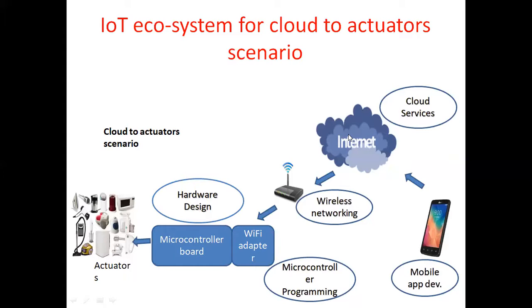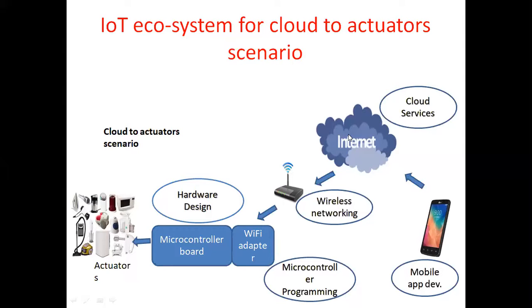Suppose I have connected a temperature sensor, light sensor, gas sensor, or fire sensor. So many sensors. I have sent the data to the cloud, and from the cloud we want to retrieve the data using some apps. After seeing those values, I want to control some appliances. Suppose the light intensity is high, meaning the AC bulb is on in our home. So I want to turn it off.